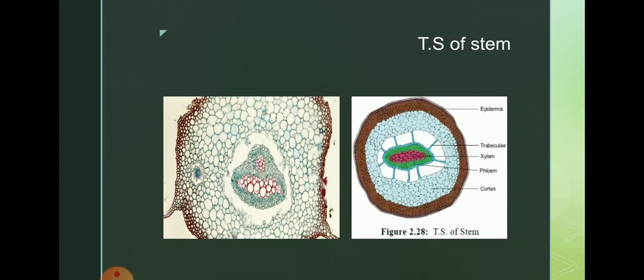Now this is a transverse section shown under the microscope, where you see the epidermis, followed by cortex, followed by endodermis, and there is a space as the trabeculae are broken during cross sectioning, so you can't see them, but there is a conspicuous space present. On the inner side there is xylem and on the outer side there is phloem. You can see that bigger, larger tracheids are present towards the periphery and smaller ones towards the inner side, so it is the exarch condition.